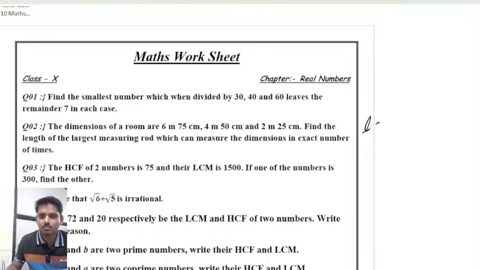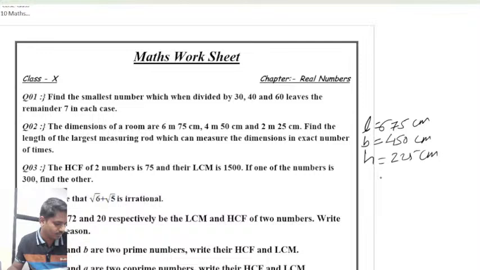So your length is 6 meter 75 centimeters. We will convert this into centimeters. Breadth is 450 centimeter and the height is 225 centimeter. So the required number is HCF of these numbers. So find out the prime factorization of